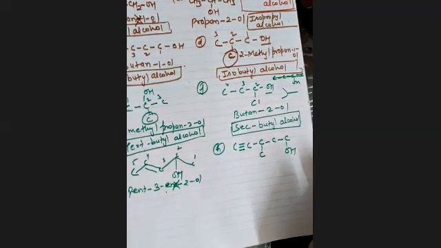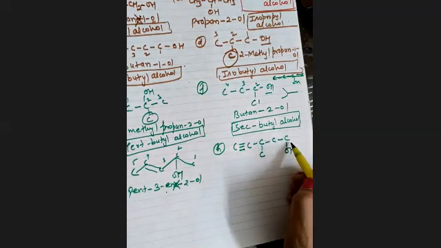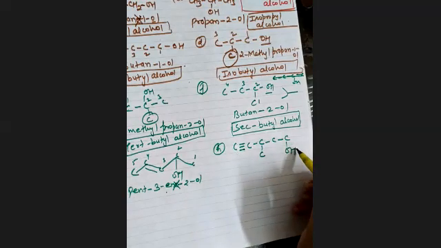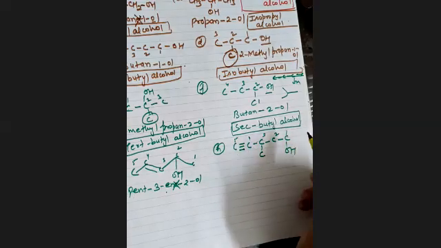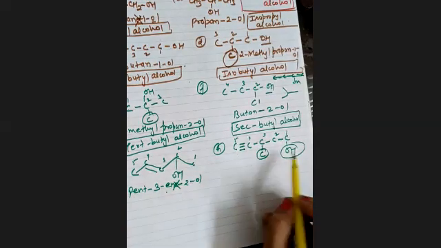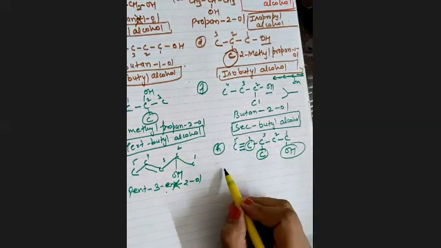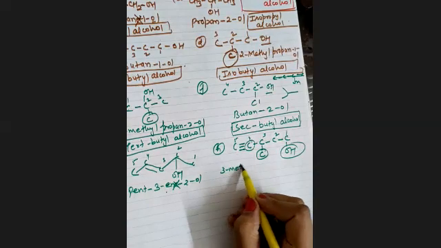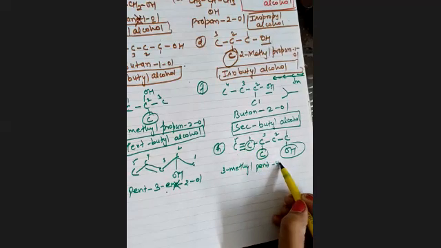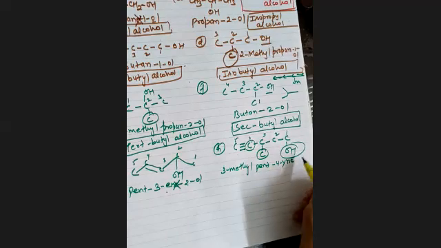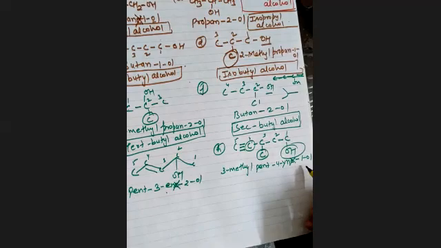Then what will be the nomenclature? Do we have to start from this side or this side? See, the functional group is on the first carbon. So we have to start the nomenclature from this side. We'll not consider this. 1, 2, 3, 4, and 5. What will be the nomenclature? On 3 we have methyl, on 1 we have OH, on the 4th we have yne. So see, 3-methyl, alphabetical order. Pent, on the 4th we have yne. Pent-4-yn-1-ol. So simple, we will not write this E because this is followed by O.